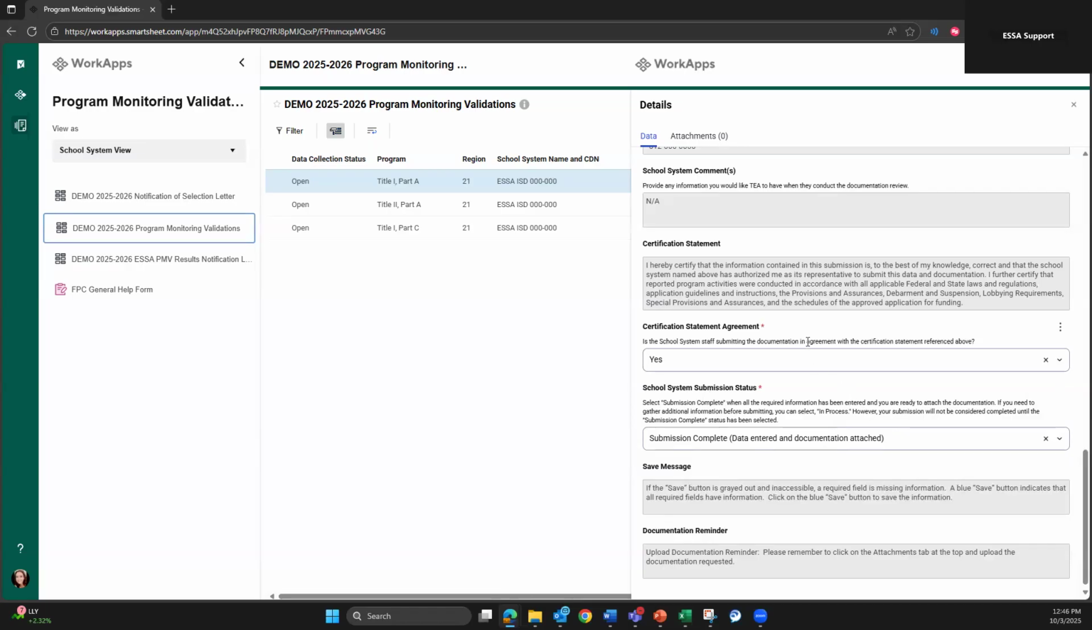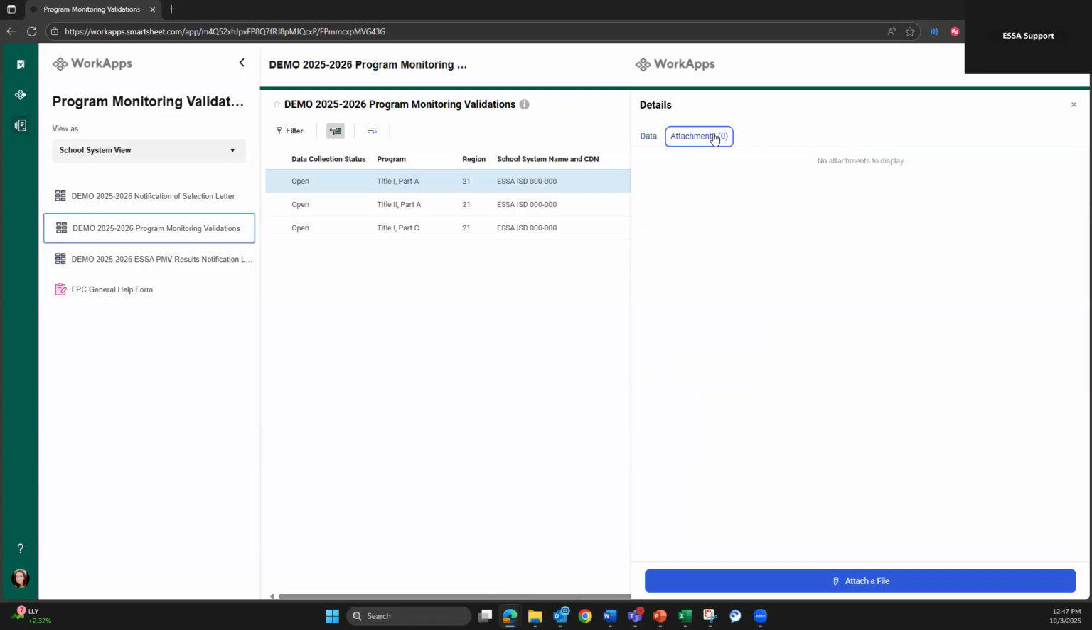There is one other step in completing the PMV documentation submission, which is found in the Attachments tab, to the right of the Data tab, to insert or attach the requested documentation for the specific program requirement. I will click on the Attachments tab, and you will notice that there is a blue Attach a File button at the bottom. Click that button